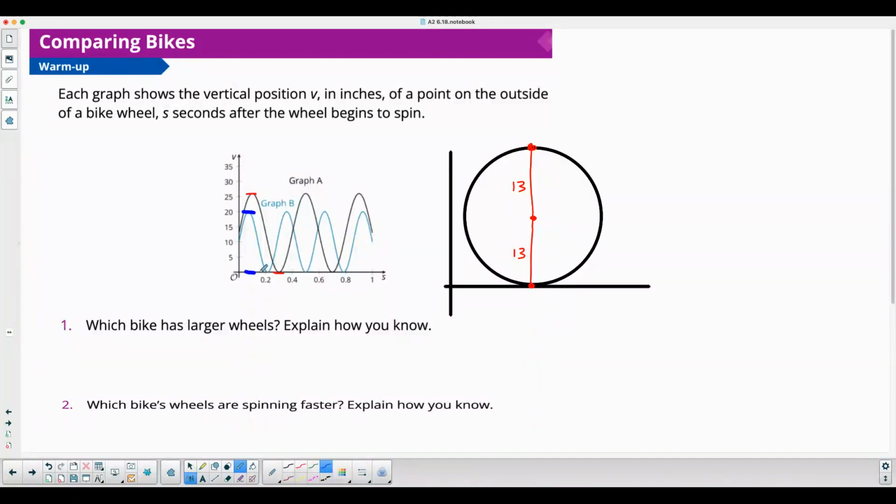Okay, 20 to 0 down there. So that wheel would look more like this. Kind of like this wheel here would be 10, and then another 10 up there. Okay, so obviously graph A or wheel A